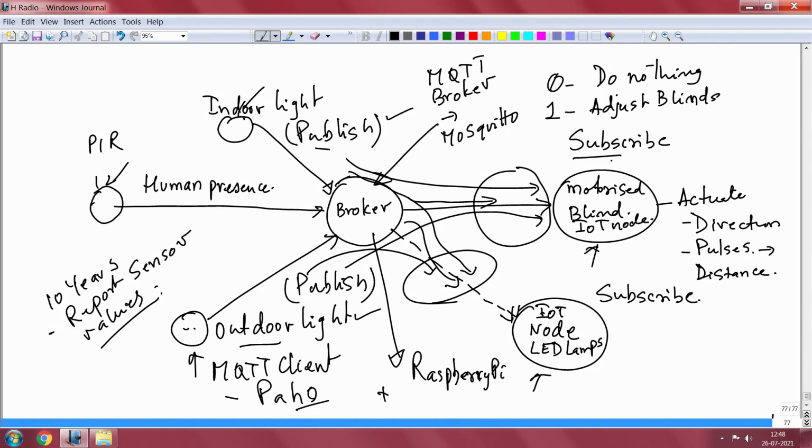Now some of you may wonder, do I need internet at all to do this? The answer is no, you do not need internet. You can do it inside your home. Set up the broker in one place and put all the sensor nodes as you require and build your application. You do not need to have an internet connection. But folks, typically that is not the way to go.